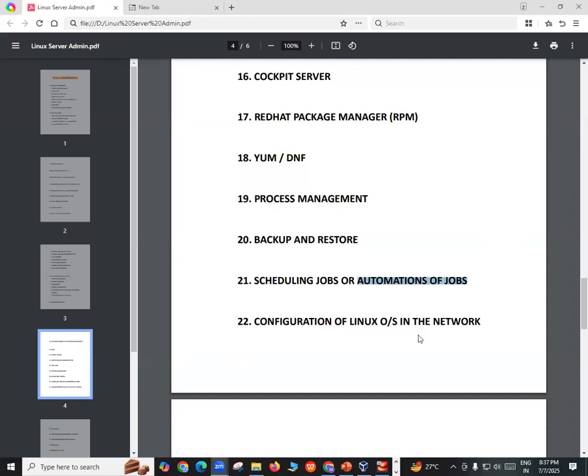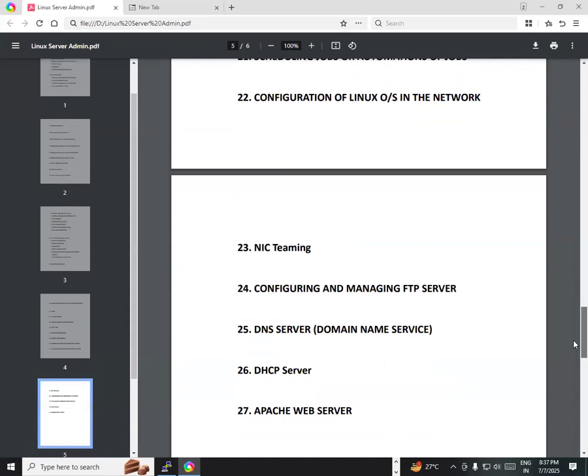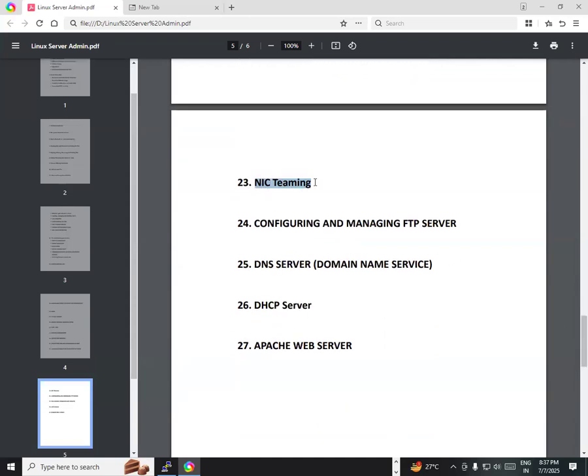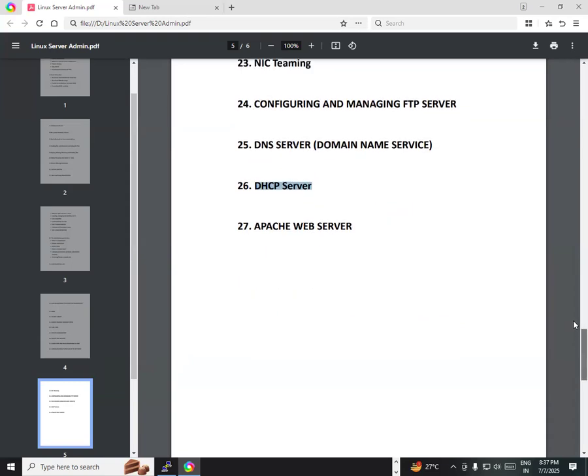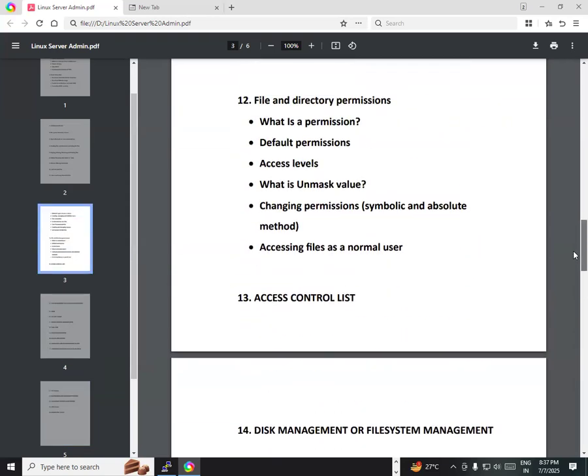All right. And then the networking part will be there in the Linux server, how we can connect a server to the network, how we can access the server, how we can assign the IP address and all the other things. Then, there is a concept called NIC teaming. This makes our server work much better. Okay. Then we have some servers like DNS server, DHCP server, and some other things. So this is what you're going to learn in the Linux server administration.